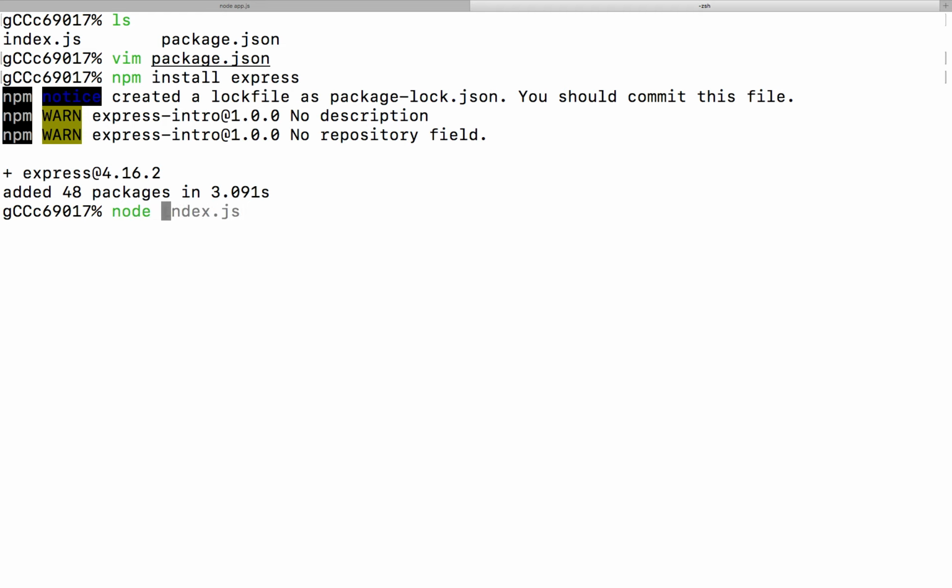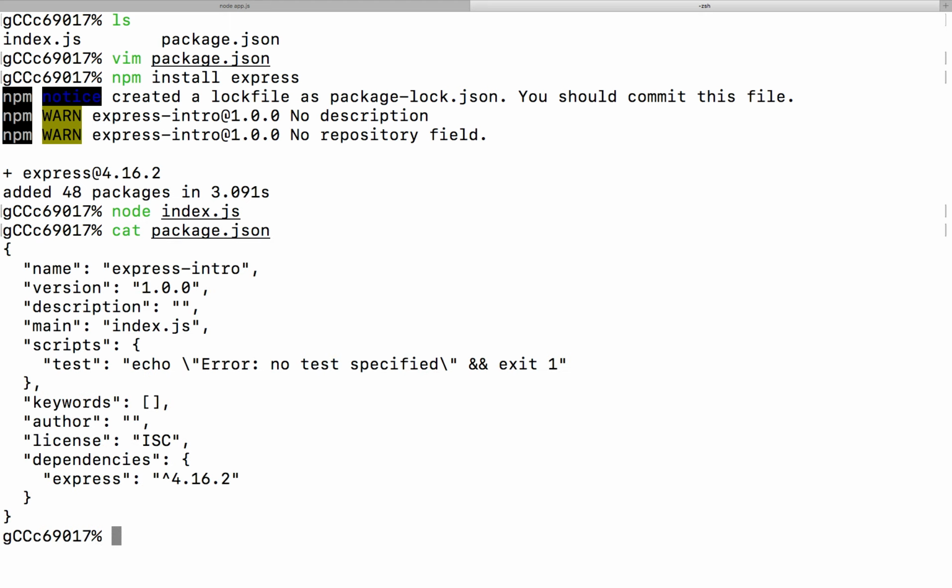Is there a reason why we wouldn't add the save flag when we run that command, so it's added to the package.json? That used to be a requirement. The API changed, so now it saves by default. The behavior used to be that if you did install without save, it would add it to node modules but not to package.json. But as of an NPM version, I'm not sure which, it changed the default behavior. So notice I just typed express, but it's actually inside of our package.json now as well.